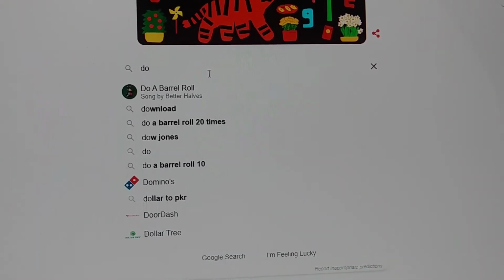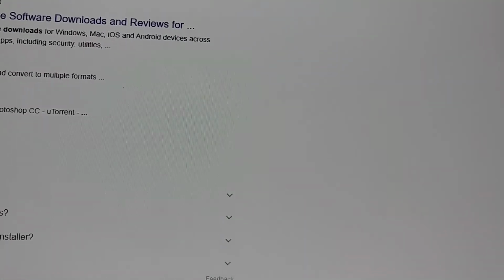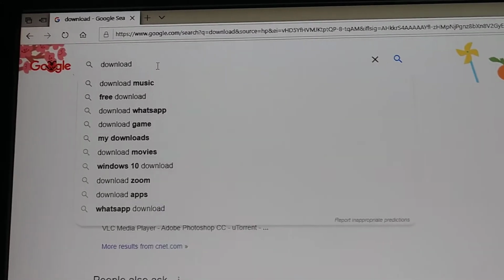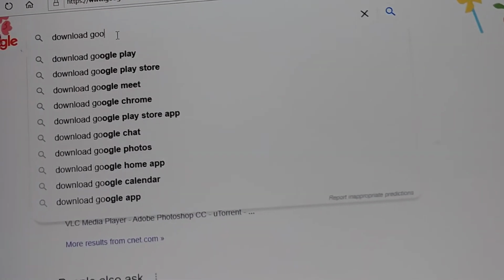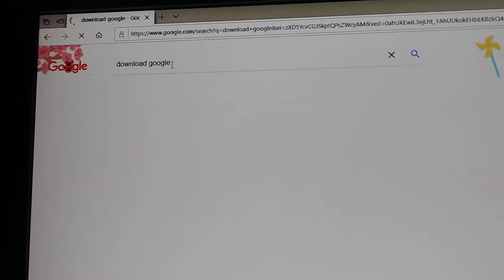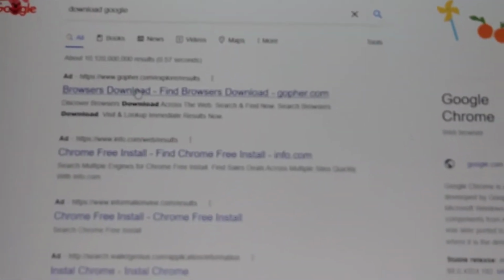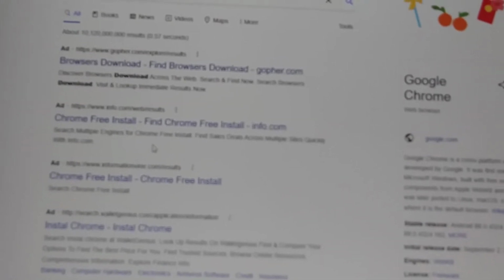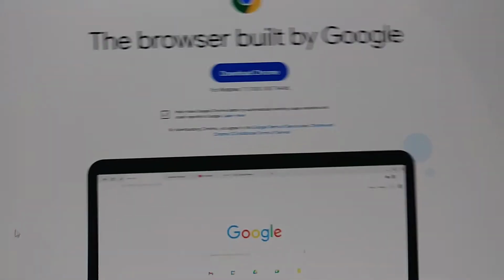Download. Download Google. Enter. And then from here we need to go to right here, Google download. And then right here